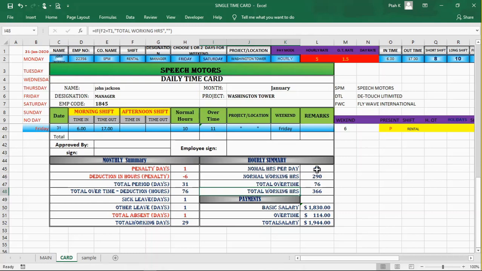So how do we get the calculation for normal hours per day? We check the cell for the shift. If the shift is rental, then take whatever is under the rental shift. If I say that the rental shift is 8 hours, then this cell should be 8. Now we have said that our rental shift has 10 hours, that's why here we have 10. Then for the normal hours, we check how many normal hours I get: if the shift is rental, then take T1,